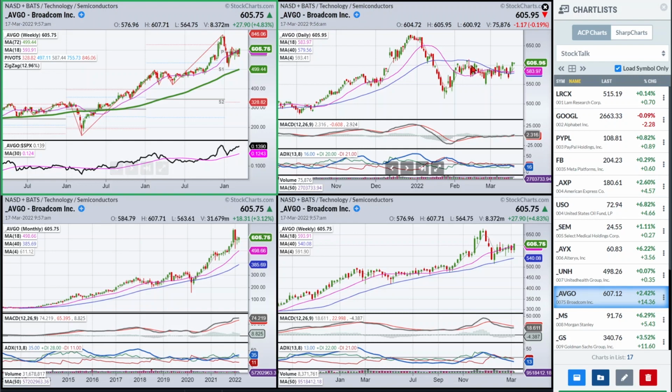I would be willing to play this off the daily chart coming up through this resistance area. I want to see a little bit. It hasn't actually done it yet, but it's getting pretty close. We're sitting on this area on the 18-week, and we're sitting on this area on the daily, but I want to see a little bit more confirmation. I'd love to see green DI pop when we break out, and if we get that, then I'd be willing to play this probably for a target up here, maybe even a little bit more, and if we get help from the market, then this stock could go to another new high. But again, look at your time frames and make sure you understand which time frame you have to play.